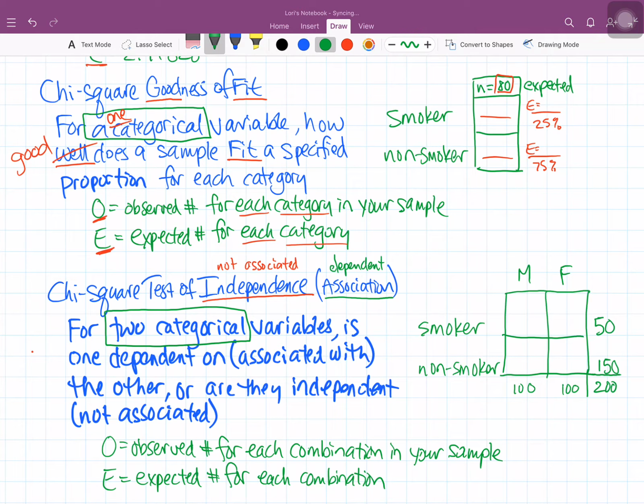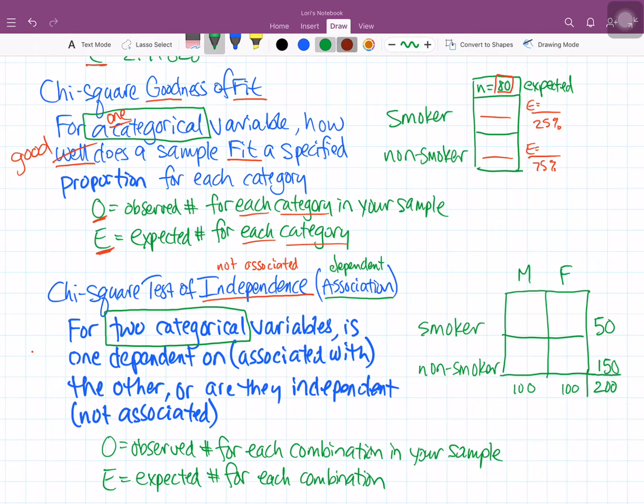And then the research hypothesis, or the alternate hypothesis, is usually the one that we're interested in. We want to see, does this particular thing, this variable I can measure, impact whether a person has a disease? Does it impact whether a person is in a particular category? So for two categorical variables, and we want to know if they're related to each other, this is called the chi-square test of independence, and it can also be called the chi-square test of association. So are the two variables independent from each other? Are the two variables associated or related to each other?